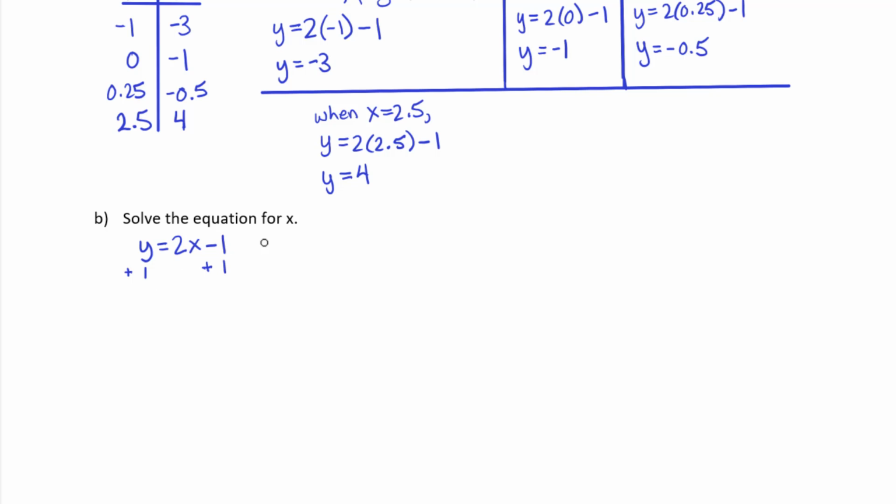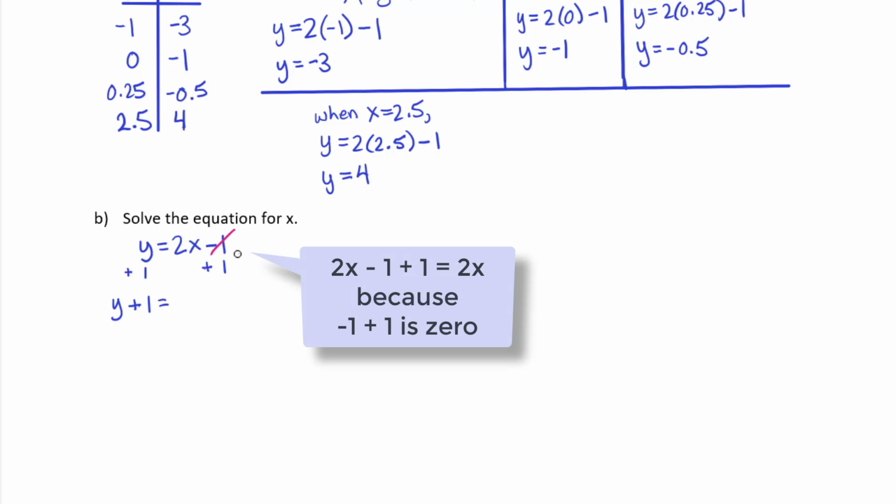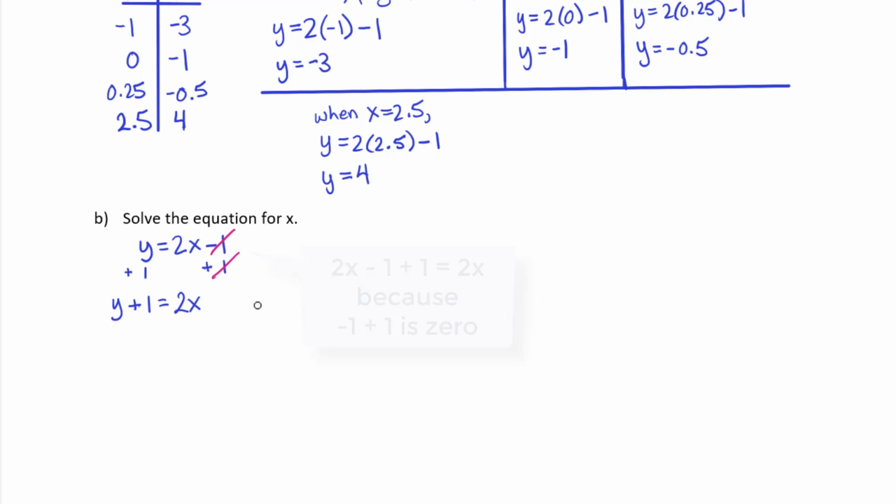So in order to get this minus 1, or subtract 1 off of the right-hand side, we need to add 1. Adding 1 to both sides, the left side is going to equal y plus 1, rewriting. And on the right-hand side, the minus 1 cancels out the plus 1. They add up to 0, which leaves only 2x on that side. Now, because I like my equations to have the variable for which we're solving on the left-hand side, I'm going to rewrite this equation with the 2x on the left side of the equal sign and the y plus 1 on the right-hand side of the equal sign.